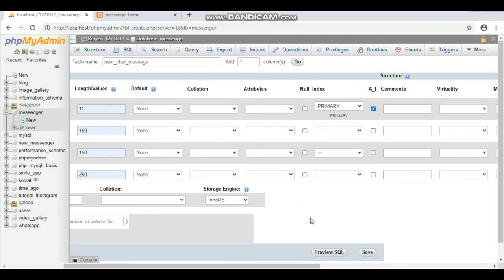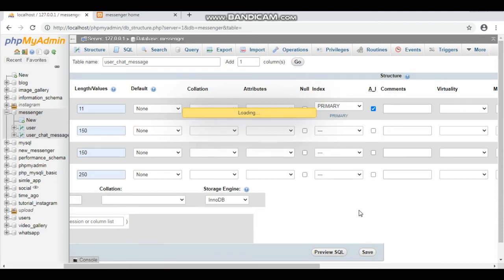Now save it. Now user chat messages table is created.